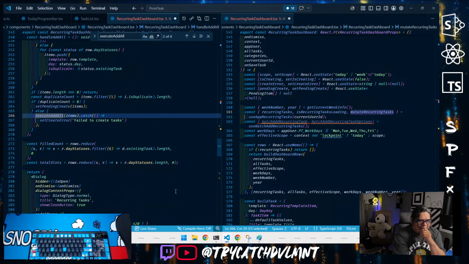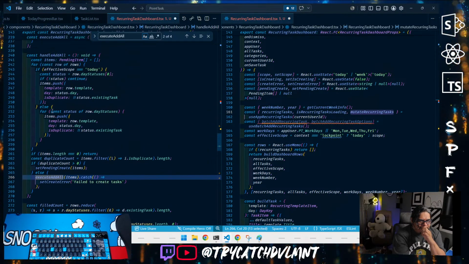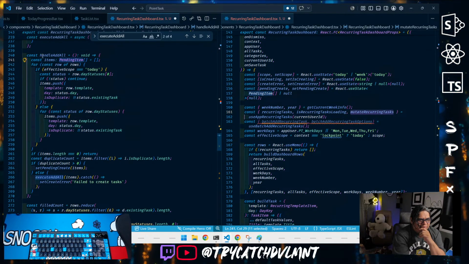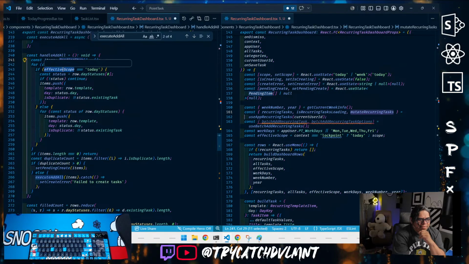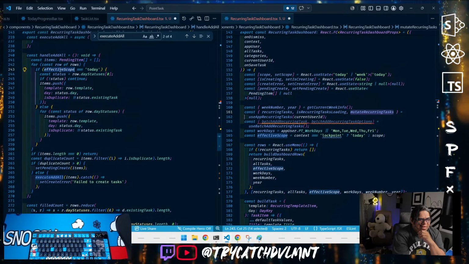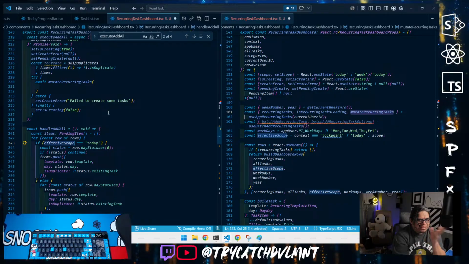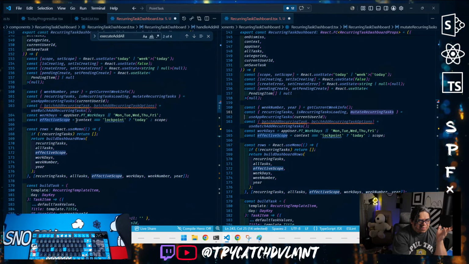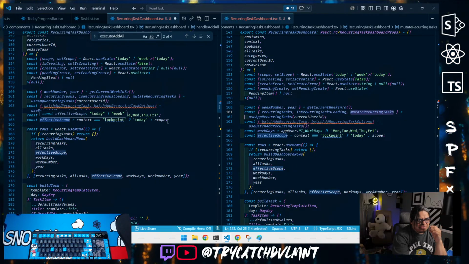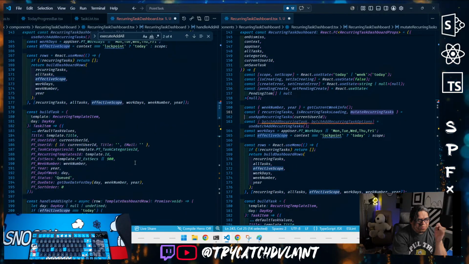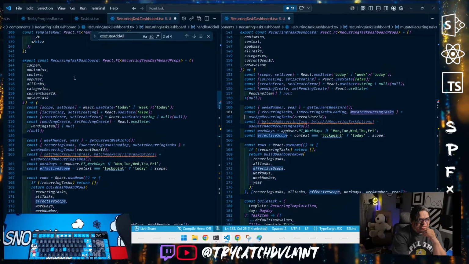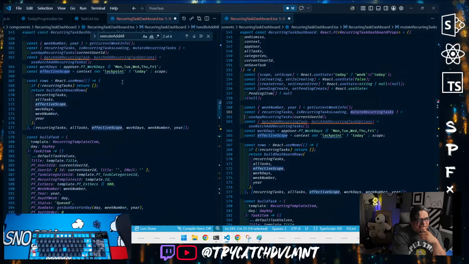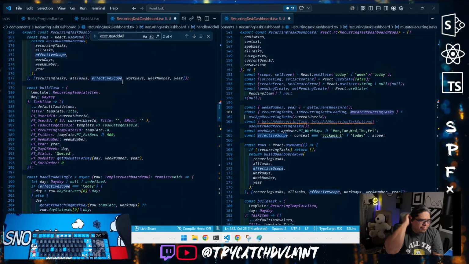Execute add all. So here on the handle add all, it takes the pending item array, creates a pending item array. If the effective scope is equal to today, I'm assuming that's a state. Oh, okay, no, that's a state based on whether you're addressing this from block point or today. And I think this is probably a prop that's being passed into the progress bar. Okay, so